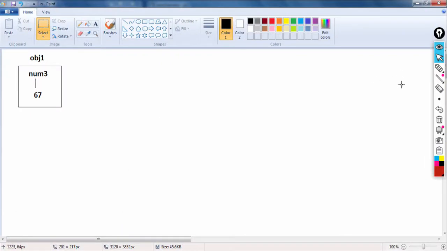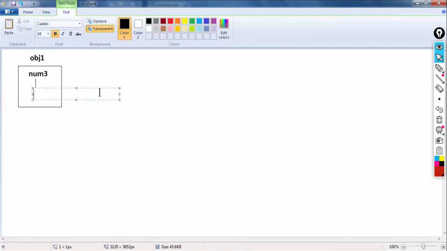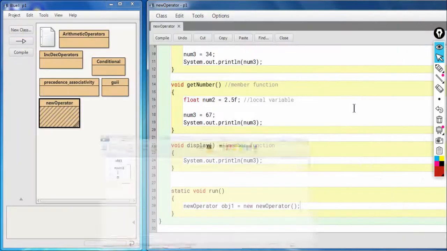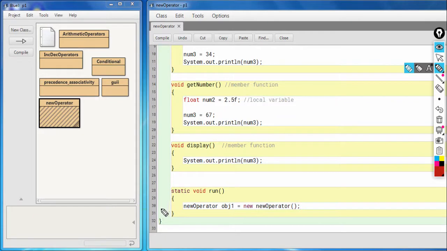In the memory, one object has been created. It will have its own copy of the instance variable num3 and it will be initialized by the default value 0. Okay, so this is the state in the memory when line number 30 is executed.